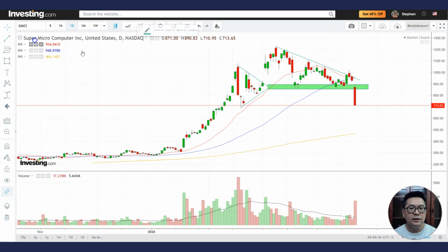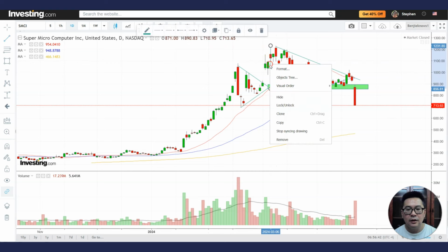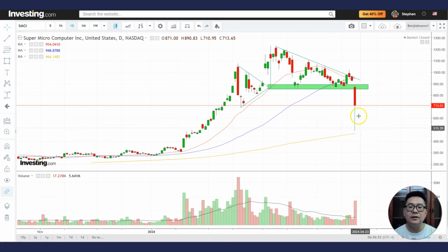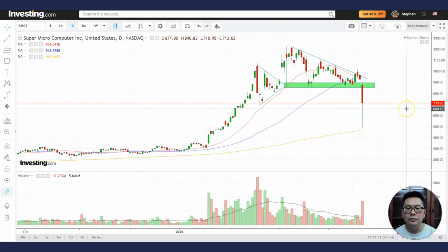Then sometimes you can actually take the highs of this pattern. Okay, this is the height of it. Let's just clone it and project it from the breakdown. You can actually find a target. That is for the worst case scenario here. There is probably where it might meet the 200 MA. I'm not sure. Okay, maybe around here, the 200 MA, but if you were to follow the descending triangle target seriously, it will be around here, 486. Not trying to scare you, but that is something you need to take into consideration. That is something you need to keep at the back of your mind, and that is the predictive value of